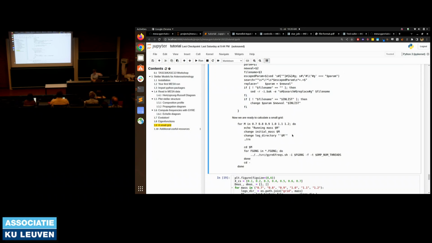And so it'll calculate all these masses, and then for each of these masses, we'll loop through the FGONG files in our logs directory and calculate the frequencies of those resulting models. So with hopefully fairly simple code, we get a nice grid of models. And then